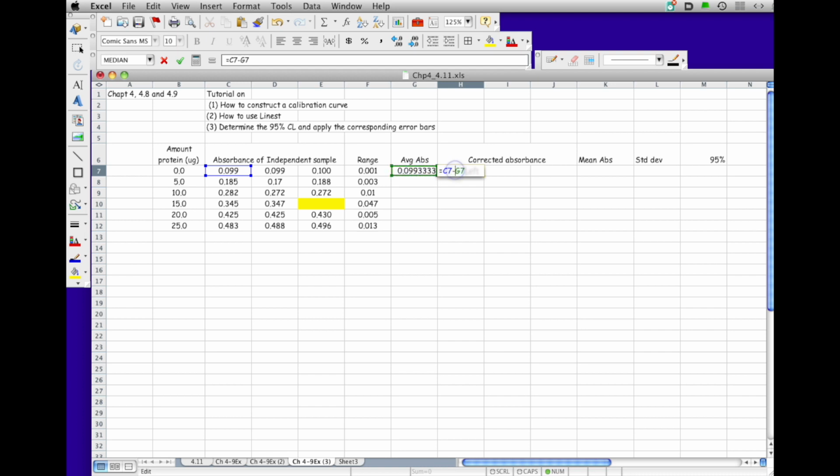Now, in order to have Excel choose this reading right here, we're going to put a $ sign so that the cell doesn't move when we apply the automated calculation. So I'm going to calculate the rest of these. If you notice the equation over here, this corrected absorbance is for this absorbance minus this correction, and this corrected absorbance is for this absorbance minus this correction, and so on and so forth. So we're just going to apply this whole array